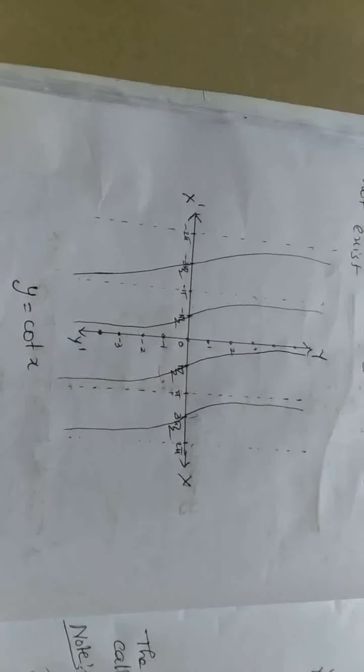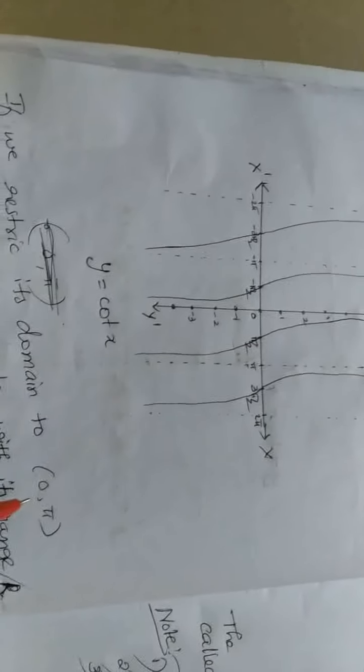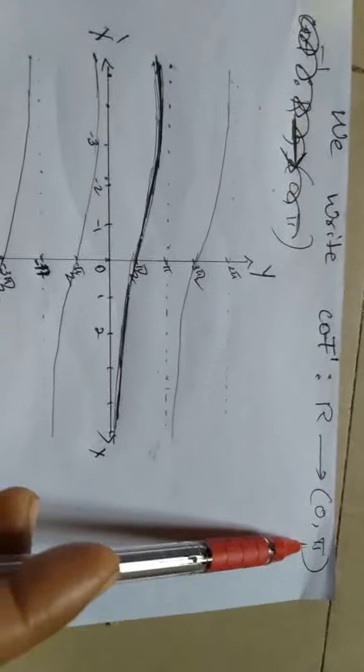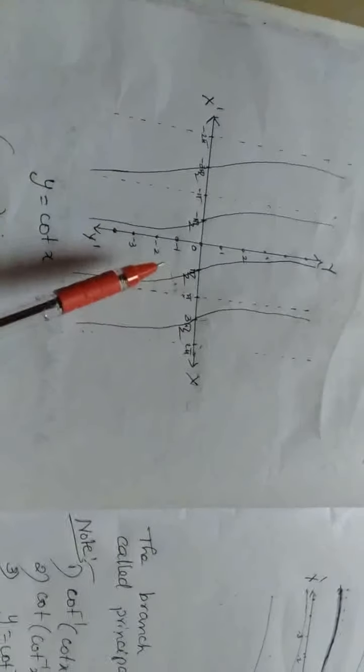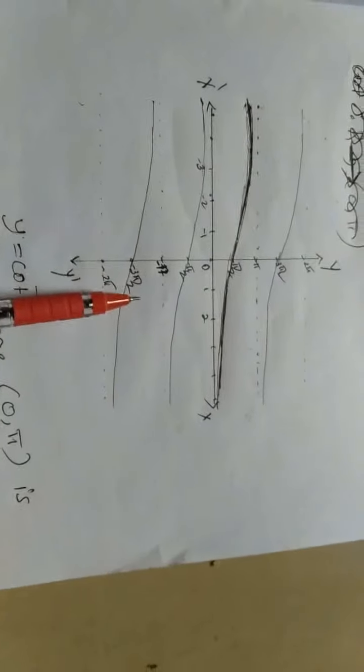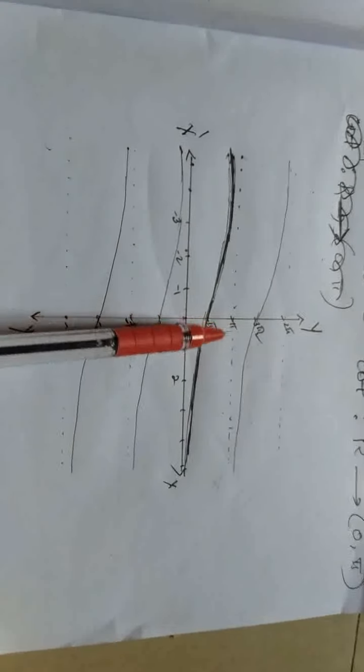When we refer to the function cot inverse, we should take its domain as all real numbers and its range as the open interval 0 to pi. Now, we can write cot inverse from R to the open interval 0, pi. Next, as similar to the previous one, you should interchange the elements you have written on the x and y axes and draw the graph. You will get the graph of y is equal to cot inverse x. For different intervals, you will get different branches. Look, these are the branches.